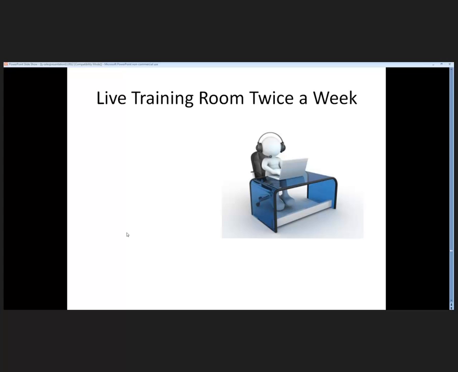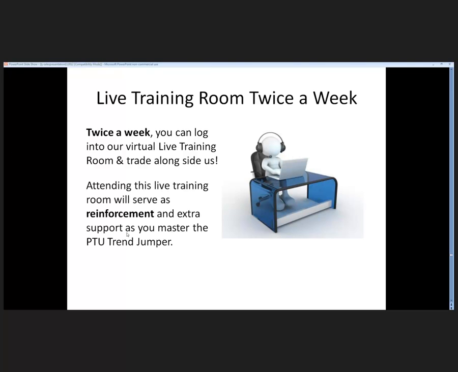We're doing those twice a week with the Trend Jumper. So literally as the markets tick, Forex, futures, RB, CL, S&P, whatever, you're going to be learning and trading right along with us. That is the best way to make sure that everything gets reinforced, and you'll know with 100% confidence that you'll be able to replicate exactly what's happening on the chart in your live account. Plus, when you're not sure about something, you don't have to wait for an answer.